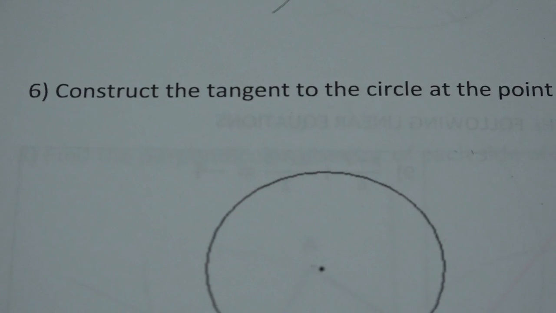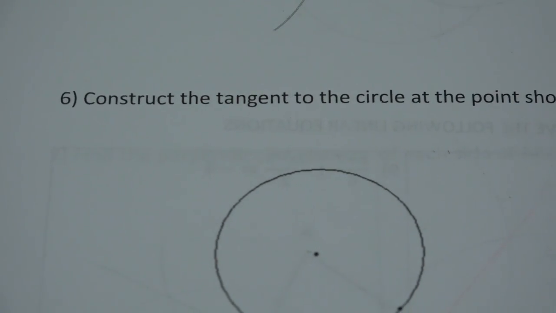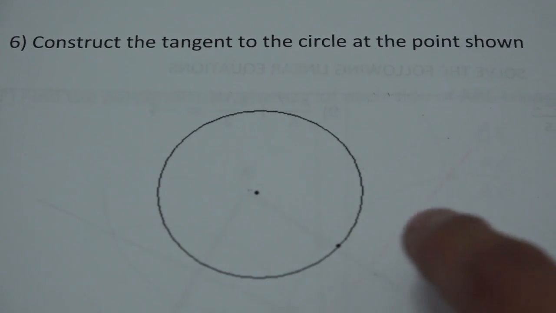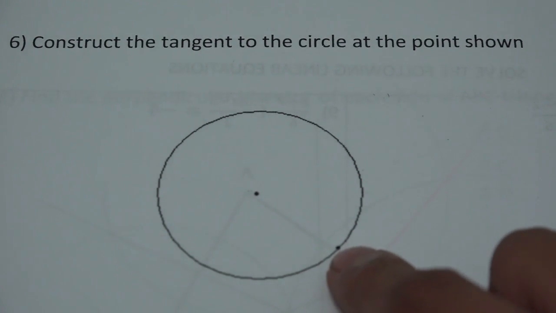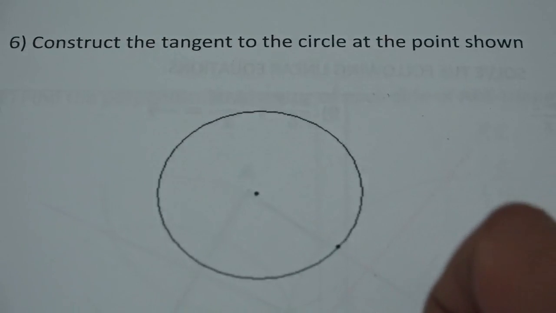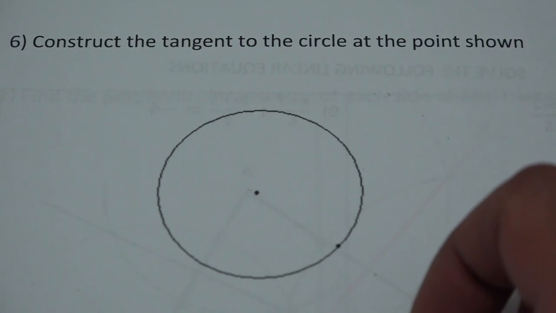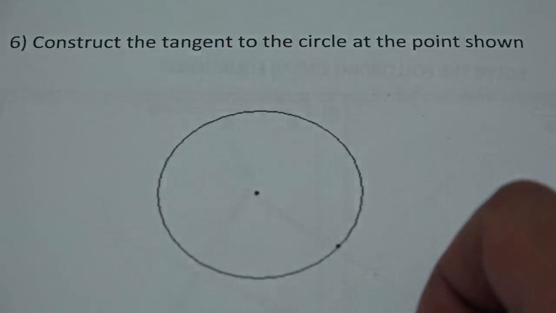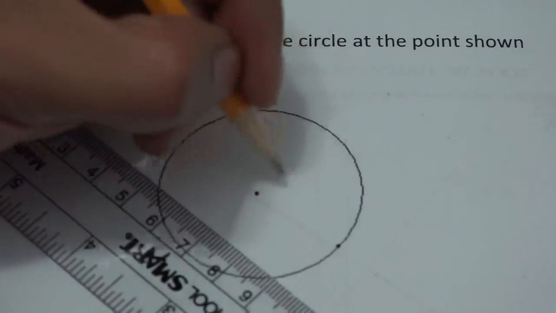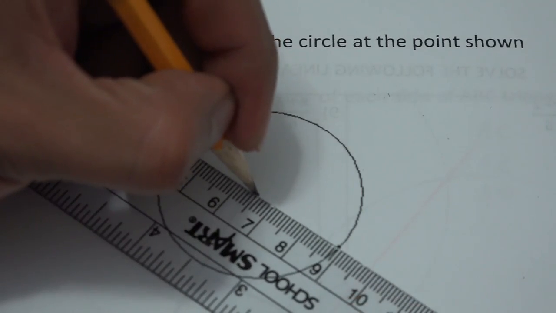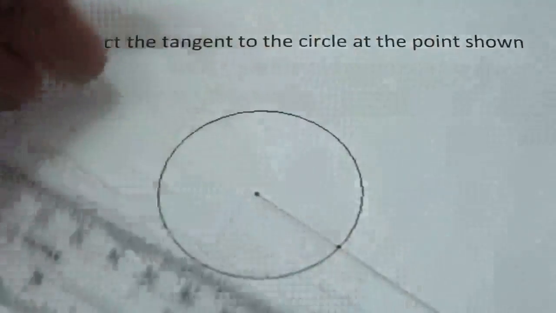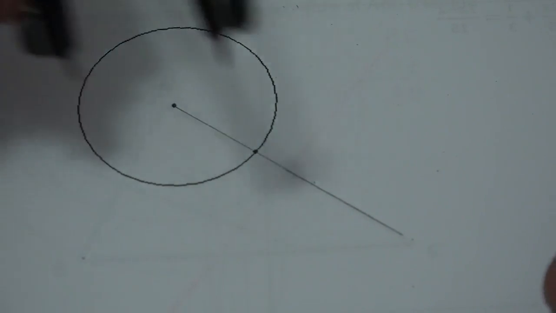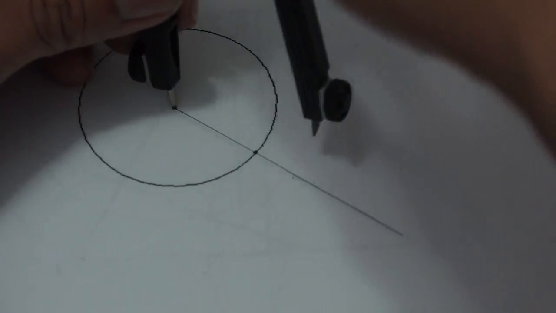Okay, now construct the tangent to the circle at a point shown. Sure. So this is the circle and this is the point shown. Okay, so what you're gonna do is you're gonna take the compass. Now first you're gonna extend a radius and beyond. Okay, that's what you're gonna do. And now with the compass, you're gonna measure. You need two other circles, so you're gonna measure